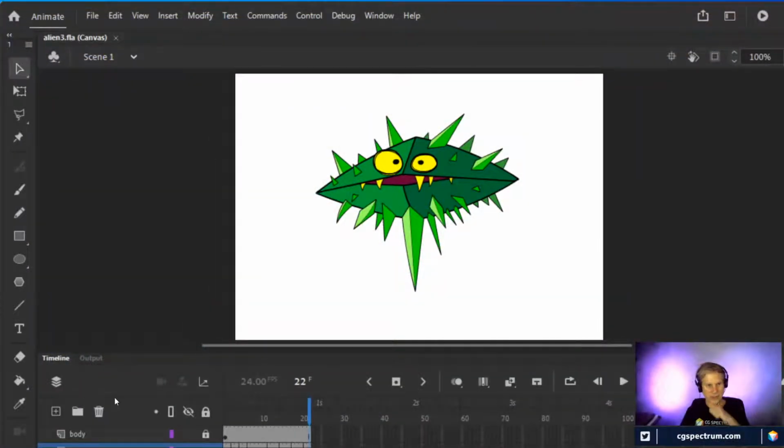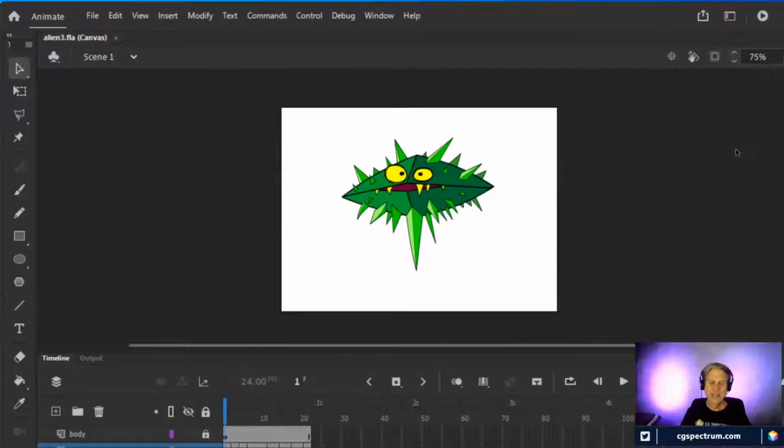I don't even know which one this is. I know I labeled them differently than originally, so we'll find out together. So there is another Alien. This one was really tricky. I had to think in terms of, well, what do I want it to do and how do I get it to do it? So the dilemma here was that I wanted to open up its mouth, and I was pretty sure that I couldn't do it with a rig setup.